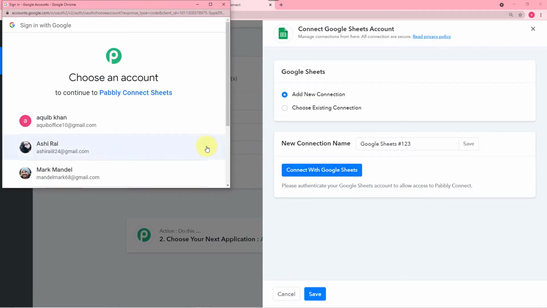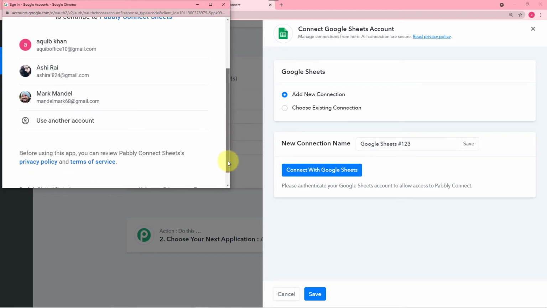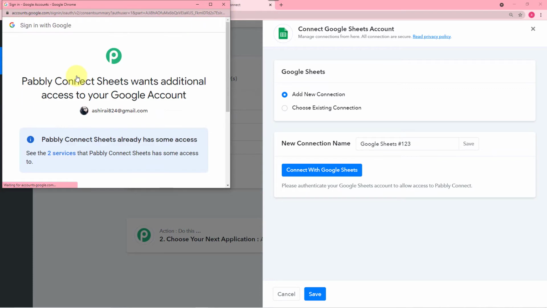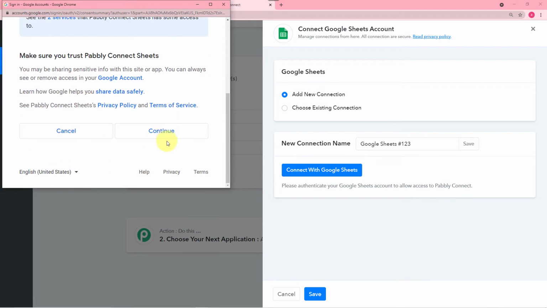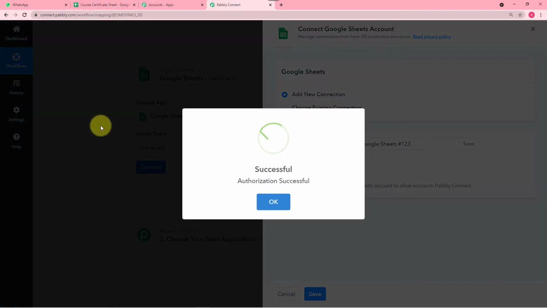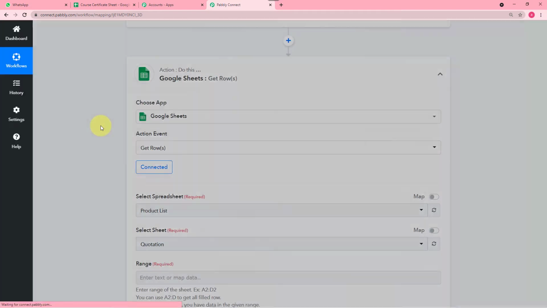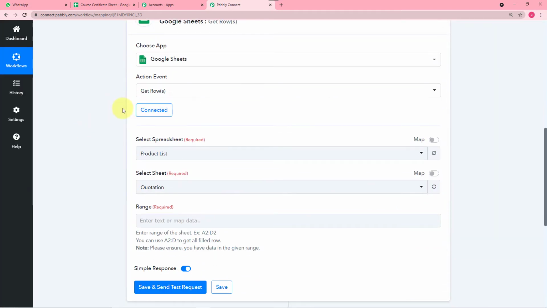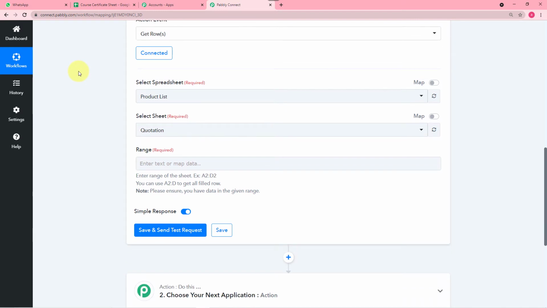From this window, it will ask for the email ID by which your Google Sheet is created. So select that email ID like this, and then it will ask for some access, which is completely safe. Just click on continue here. So you can see authorization is successful and it has started showing connected. That means we have connected our Google Sheet, and then these fields will appear, and the first field is the